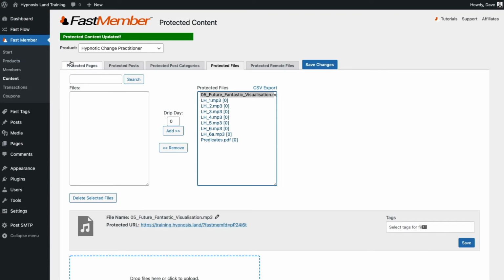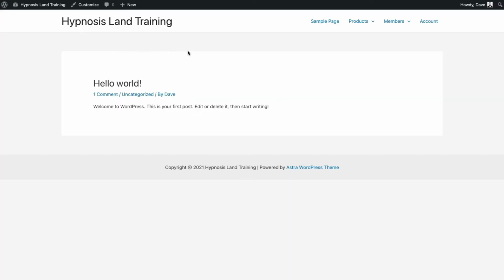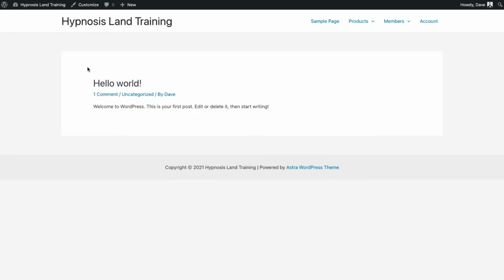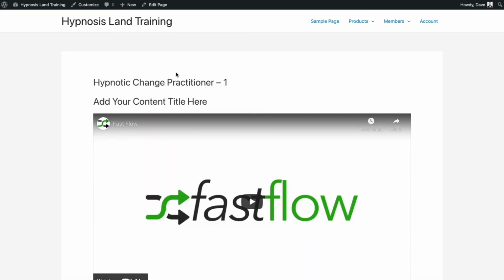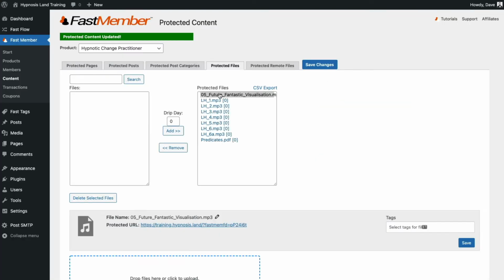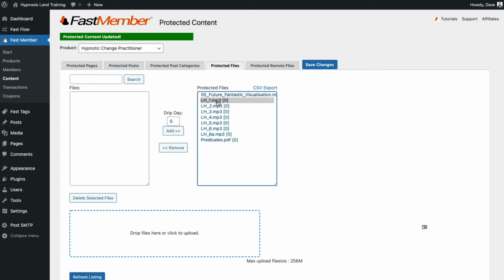So if we actually go and view the site, and this is while we're logged in as the admin member, if we just go to the members page and view the members content, you can now see the downloads appear in that list. So any downloads that were added will be appearing in this list, but we can actually edit this so it's only showing specific downloads. So if we go back to the content, and then we can actually select this and